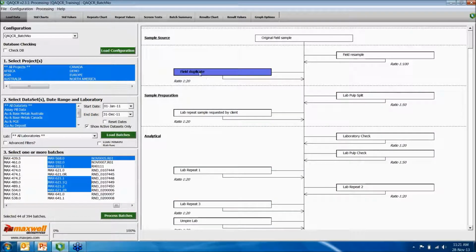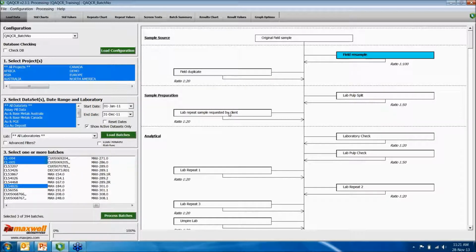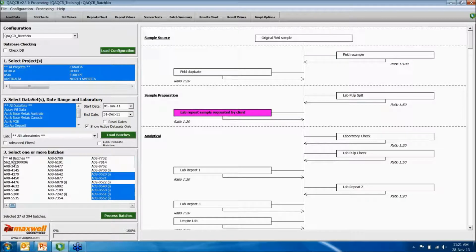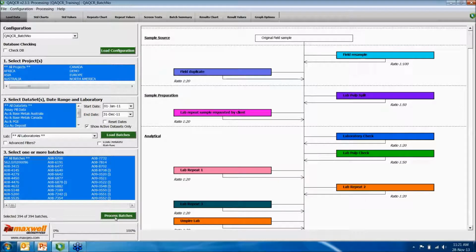Here we've got a color on the right side. So this color shows us which batches contain field duplicates. I'm going to select all and process it. So the next tab, which is the standards chart,